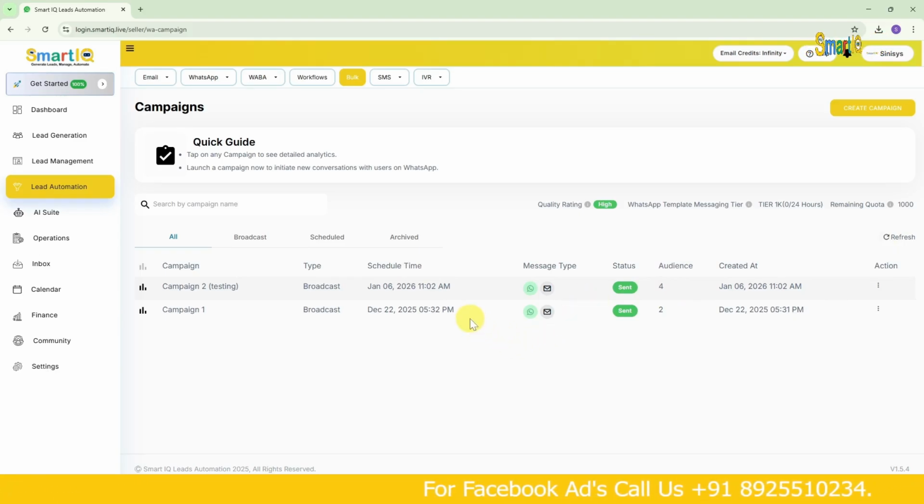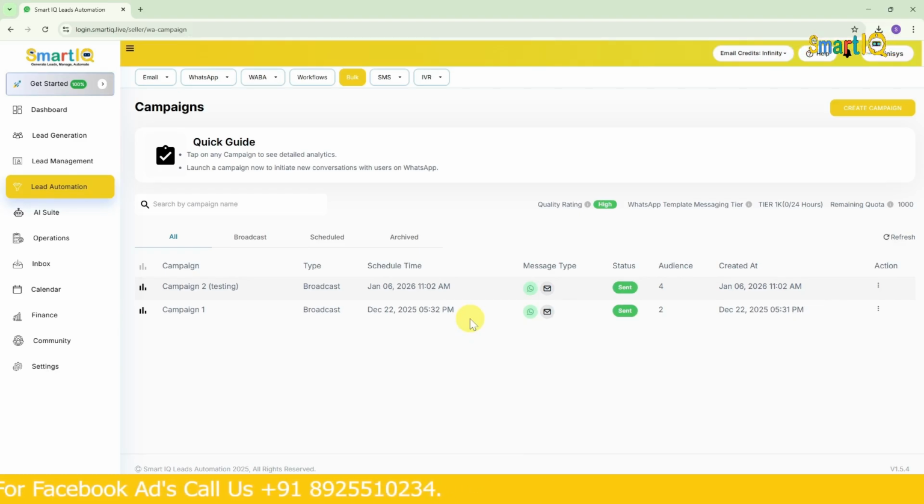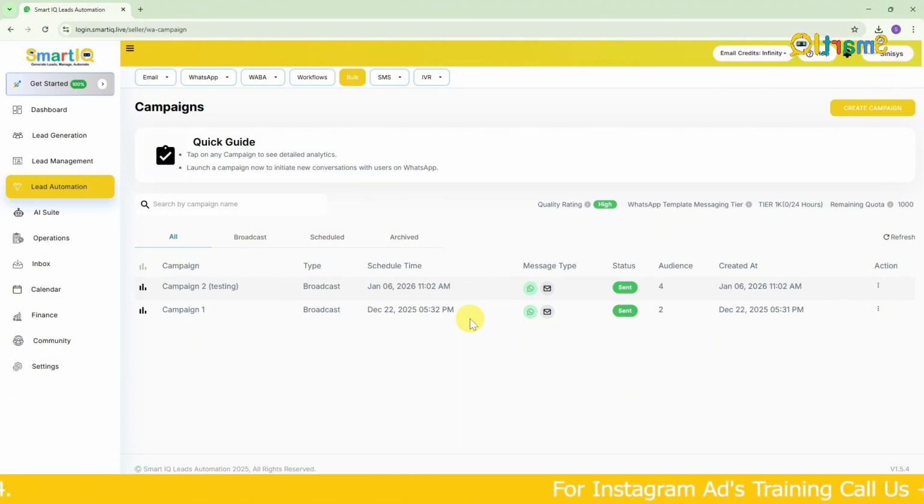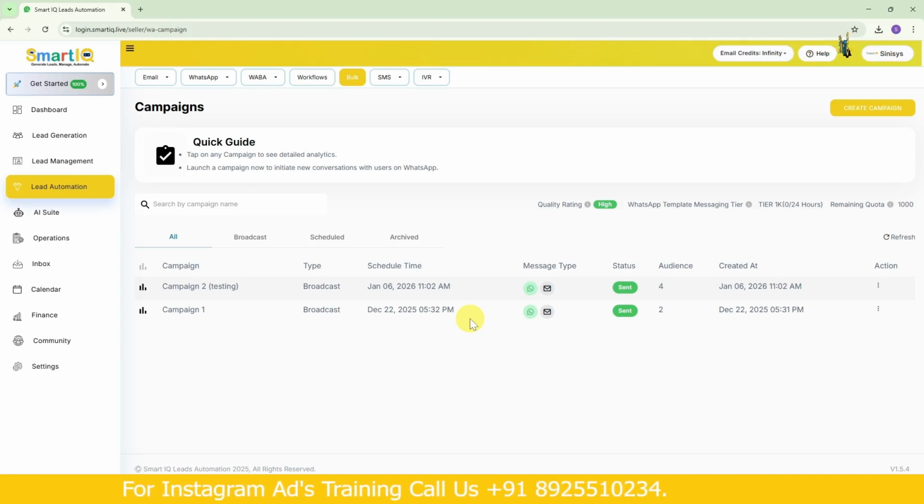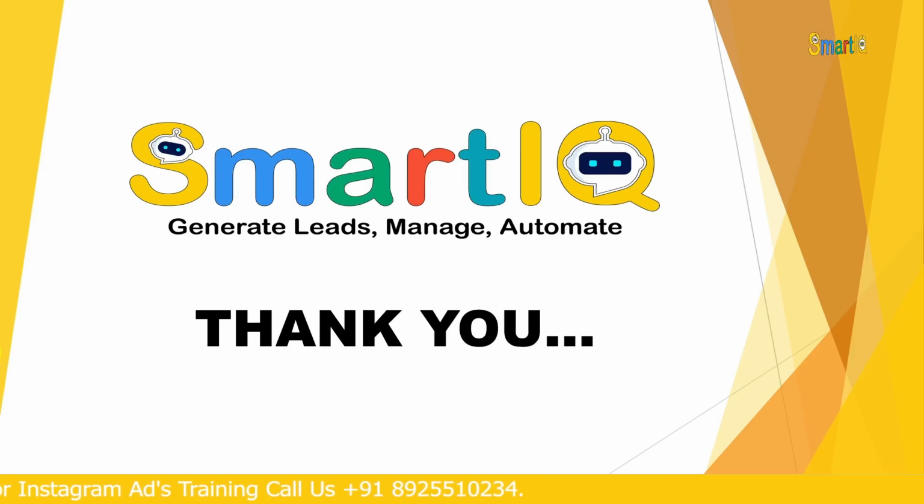Compared to our manual process, this reduces almost 3/4 of the work. Instead of filtering each customer individually and sending messages separately on WhatsApp and email, which is such a big and time consuming task, and even then there's a chance we might miss someone, this feature overcomes all of that. This is the bulk feature. Okay. So now that this feature has come, I hope you've understood it.